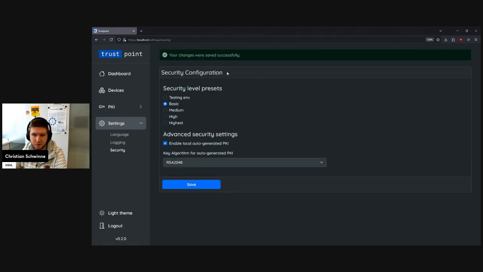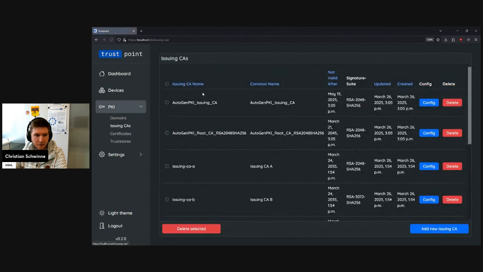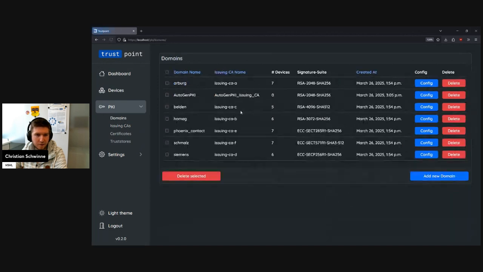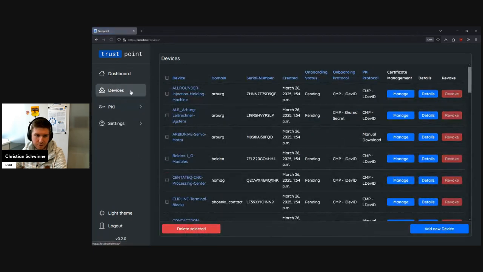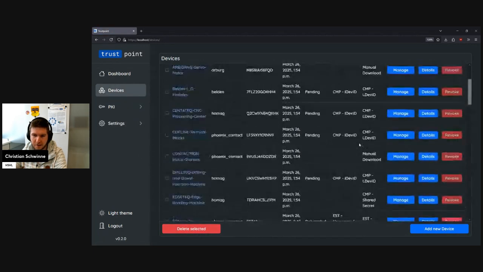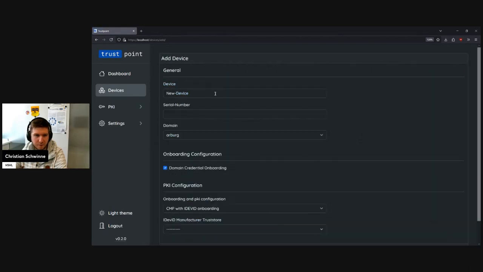And if we do so, this will generate a complete PKI hierarchy. So it will generate a root certificate authority with the selected algorithm, and it will also generate an intermediate CA, which we are using to actually issue the certificates. And for convenience, it also adds a custom domain, Autogen PKI, which is then used to issue certificates in the auto-generated PKI. And now I can just use it as before